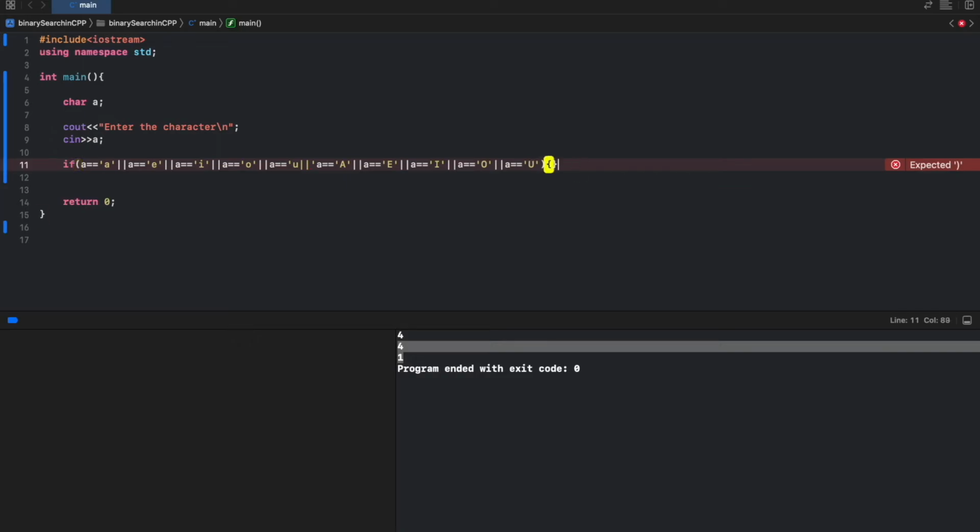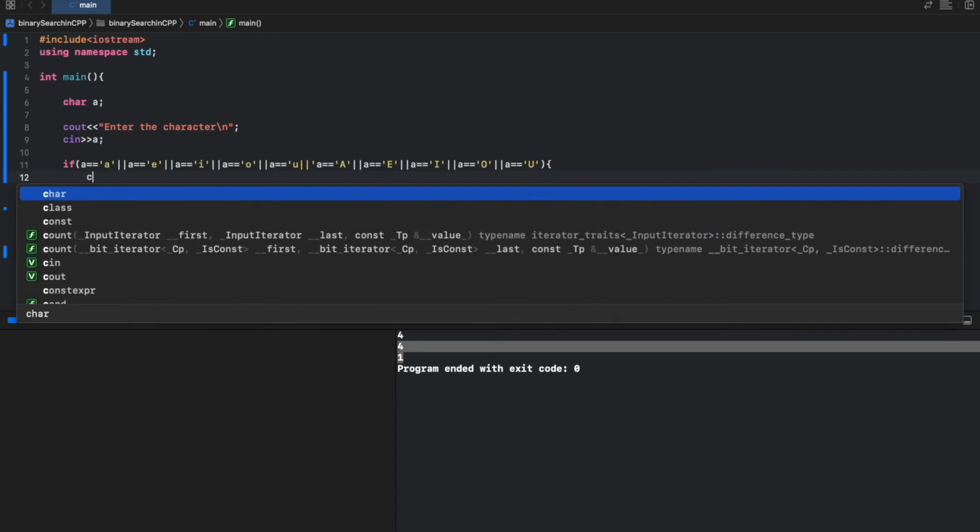Super. So if this condition is true, people, then we will tell the user